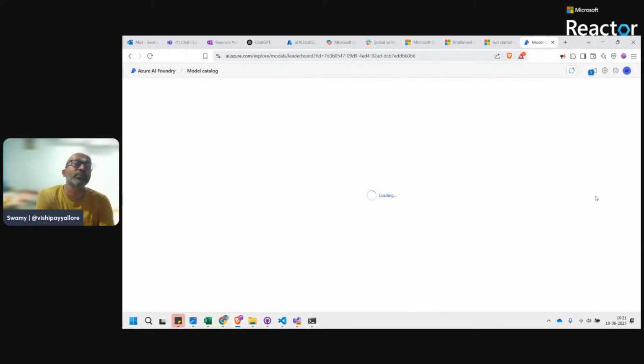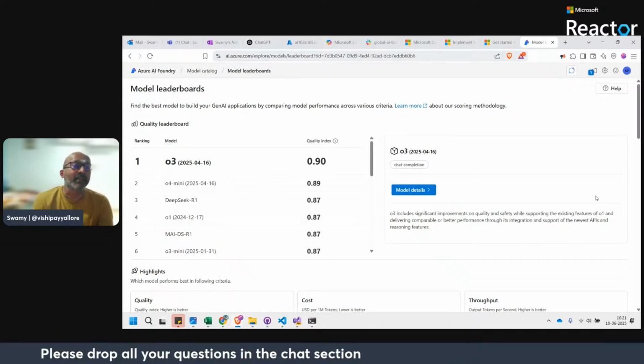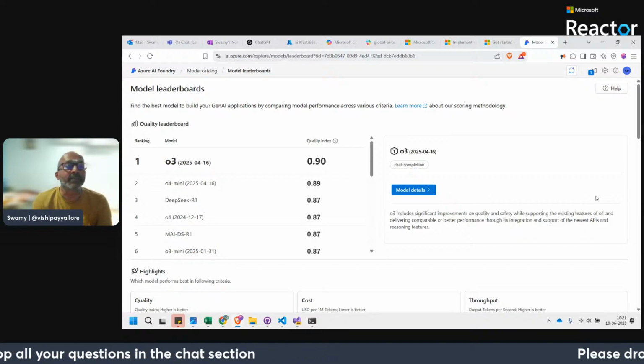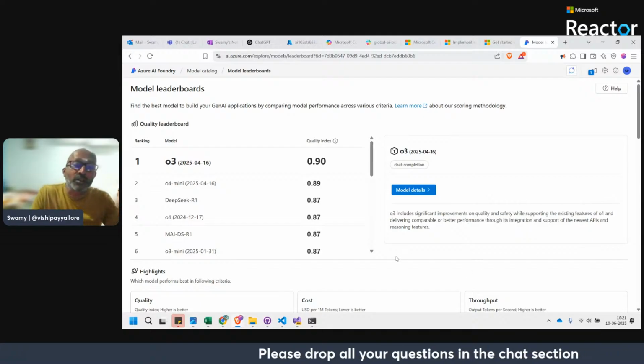So see who's using which models, and just to know what models are used by many people or a percentage of people. You can see that O3 quality index is 9, and O4 mini is 8.9. Again, we can see the cost perspective also.